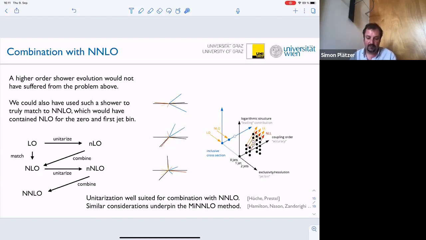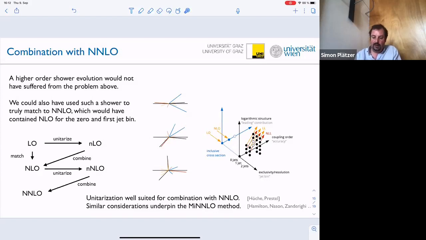But if you organize it in a way that you only remove those which would be logarithmically enhanced, and there's a one-to-one correspondence to whether they could have been produced by the parton shower or not, then things worked out. And so what we've generated is something which is now sitting as a contribution in that zero jet bin here, and which is formally an approximate next to leading order